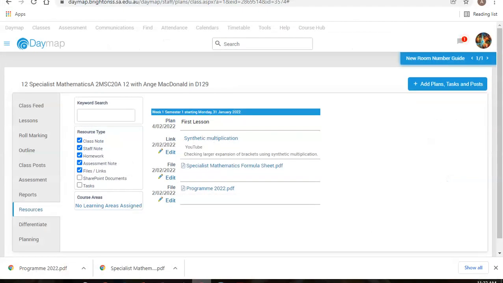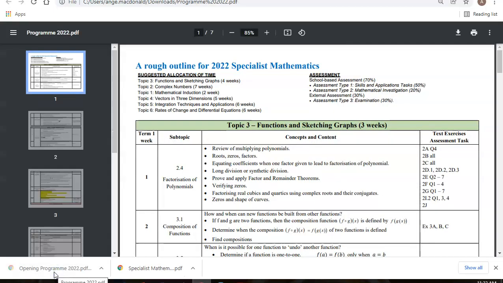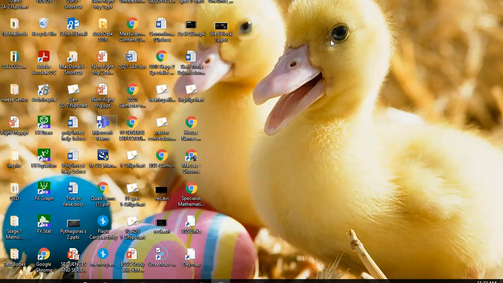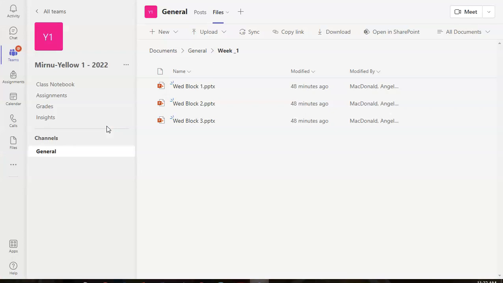We're just saying we should have checked Daymap, and this is a fluid document about what we're planning to do this year. You should be pals with the SACE website. You should also have a look at, and I've sort of accidentally hidden stuff, so on Teams, because from hearing from students, I think this is a better way, where everything is just stored together, and I agree. When I put stuff up on Daymap, hopefully you're into the habit of downloading it and popping it into a folder straight away.